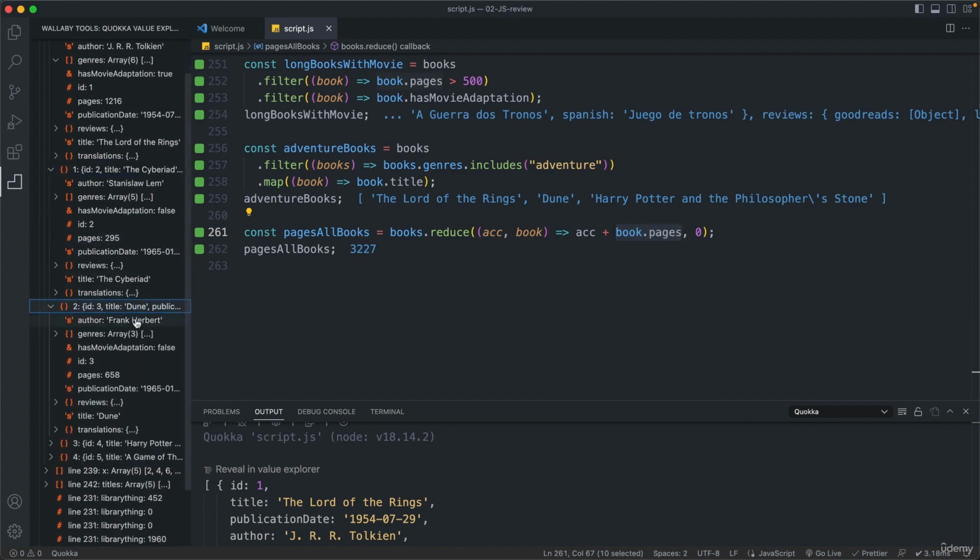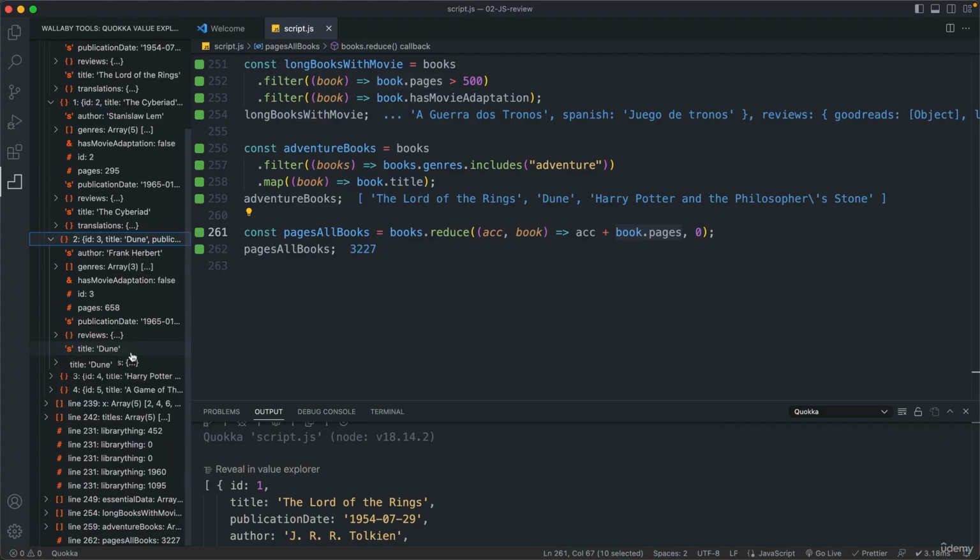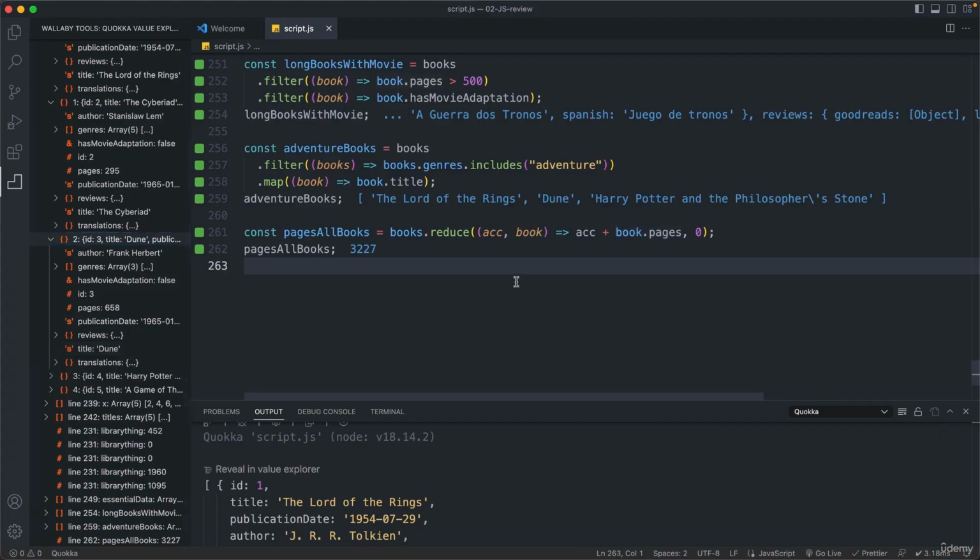And then on top of that, we add this number of pages. And so it goes all the way until the end. So we can imagine this accumulator here basically as a pile onto which we put more and more and more until in the end we reach the final result that we were looking for. So it's like an intermediary value, in this case, onto which we keep adding the number of pages until in the end we reach